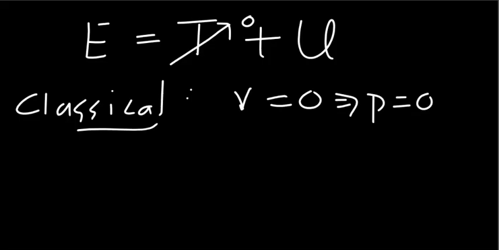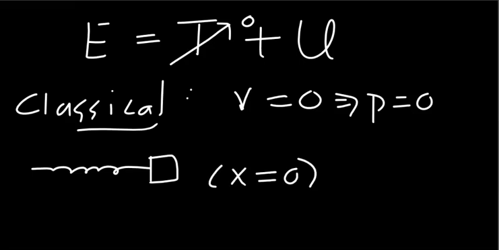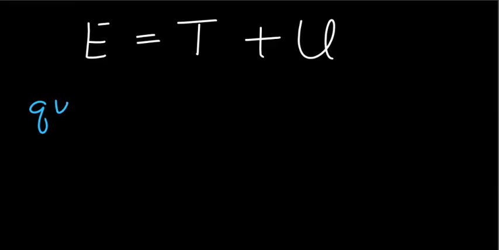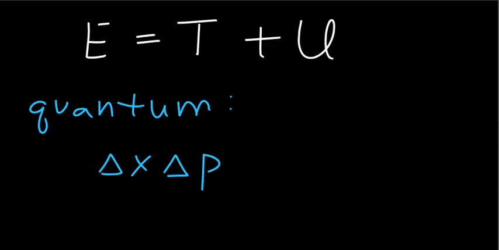Also, at the lowest state energy, the spring is unstretched. That means the displacement is zero, which in turn implies a zero potential energy. For the quantum case, however, things are a little bit different. And the reason is because of the Heisenberg uncertainty principle,